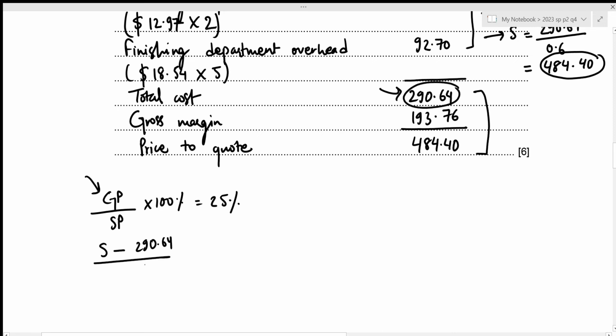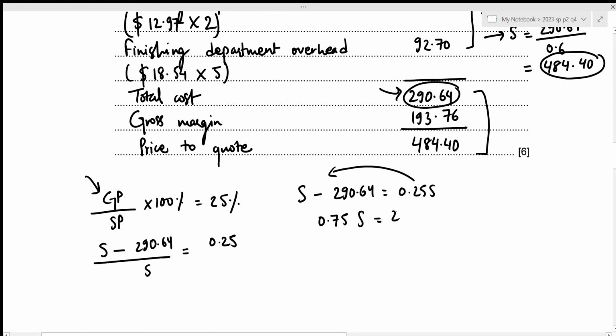So that's divided by selling price equals 25 by 100, which is 0.25. Let's solve this. So that's selling price minus 290.64 equals 0.25 selling price. If this comes to this side, that's going to be s minus 0.25s, which results in 0.75s equals 290.64. So our selling price is just going to be 290.64 divided by 0.75, which results in our selling price, if the gross margin is 25%, to be